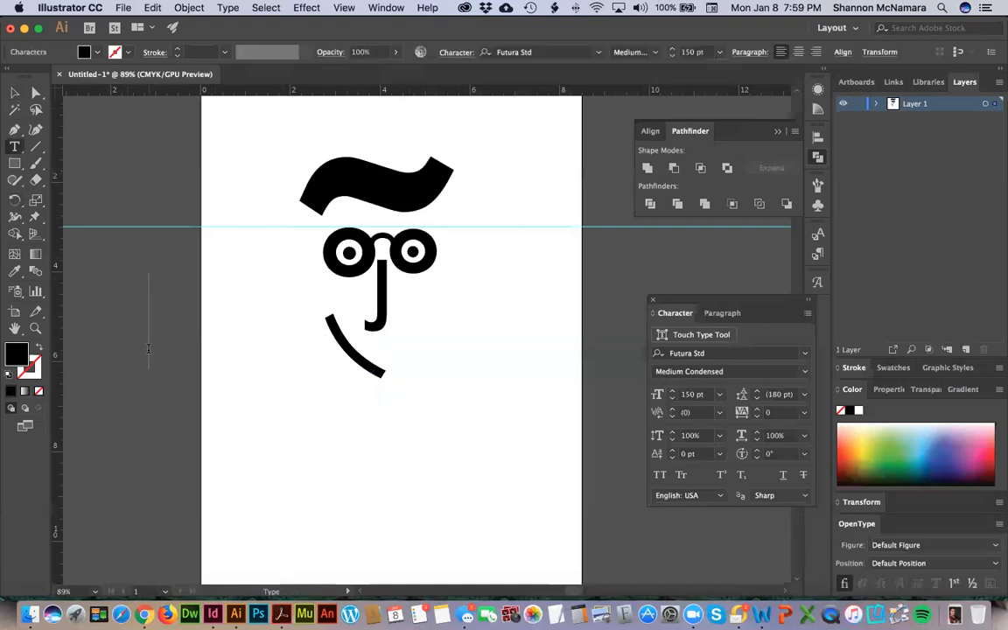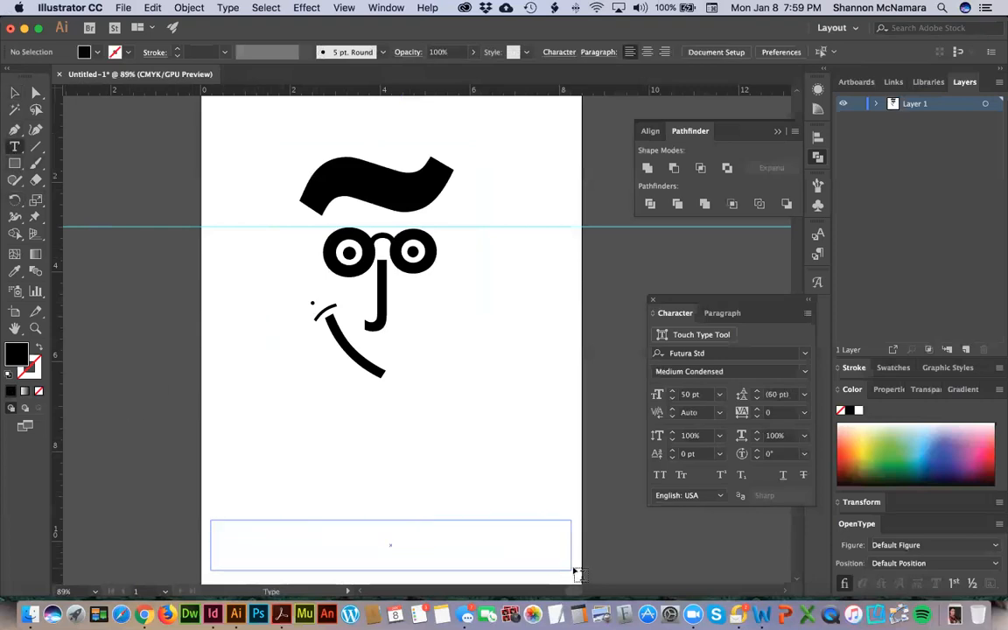And then bring the size down on this to maybe 50. Again, rotate that. Move it like that. And do a little dimple right there. So I've got my face, and I'm going to put down at the bottom that it was created